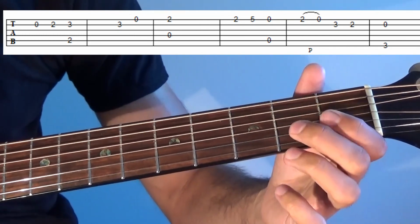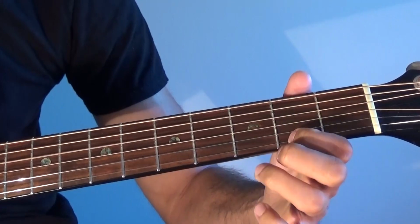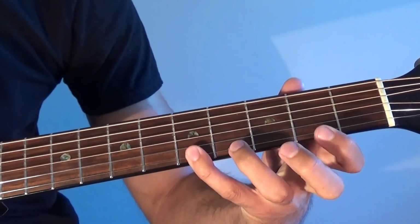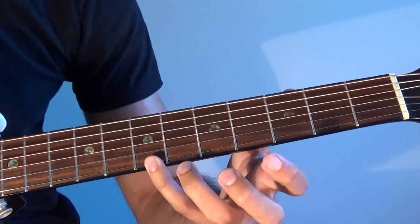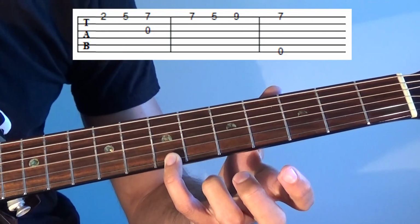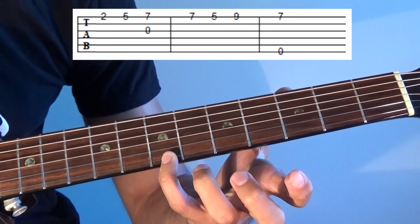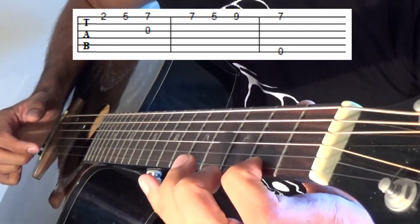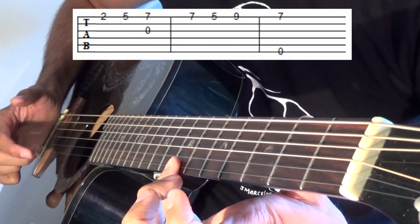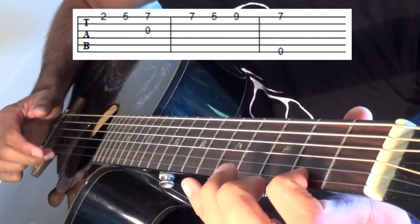We're going to start this again. We're going to go all the same so far. Now we're going to go 2, 5, then up to the 7th fret and play that with an open G string. And we pick it twice. So we have 2, 5, 7 with the open G. And we play that 7 again. So it's...